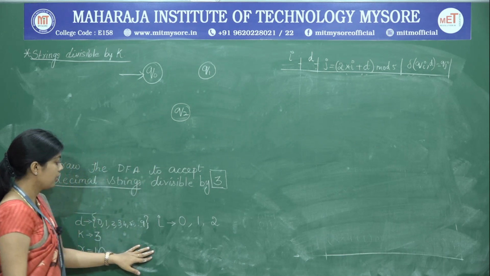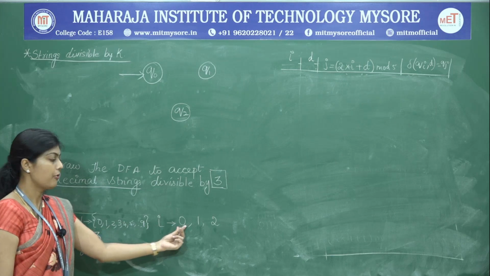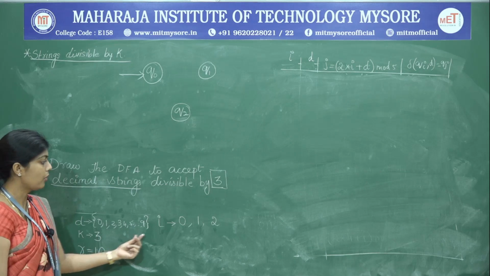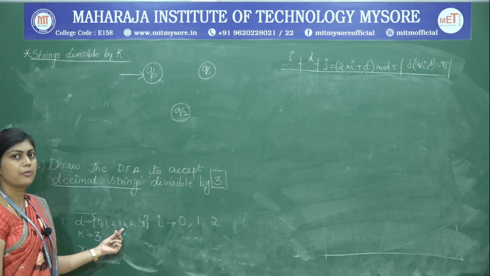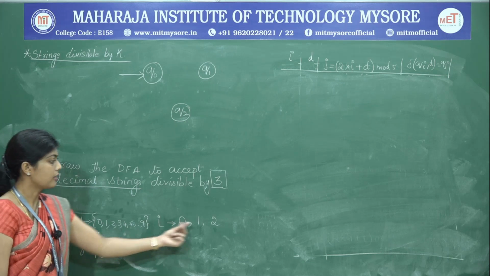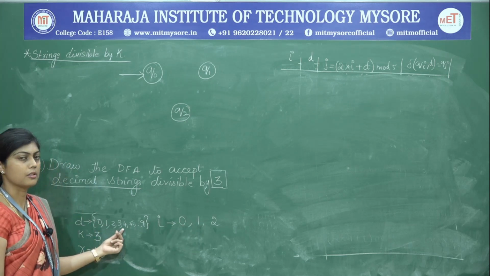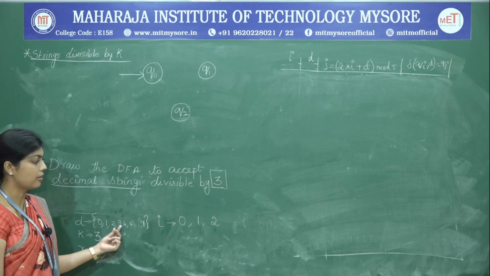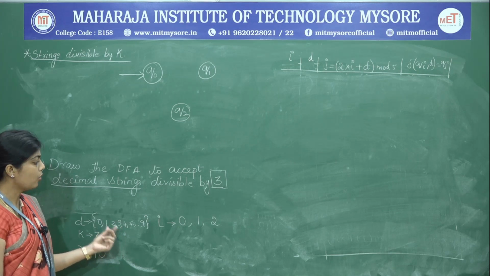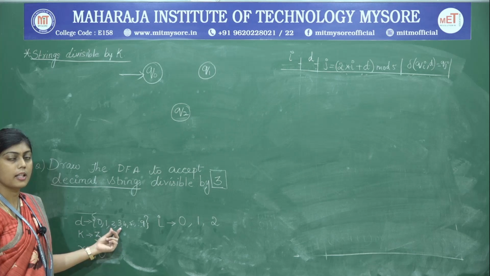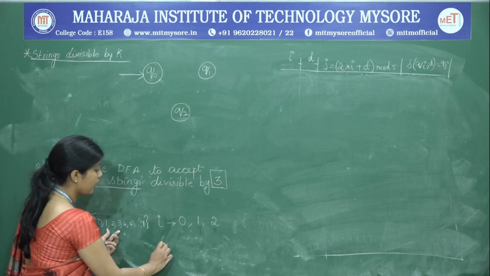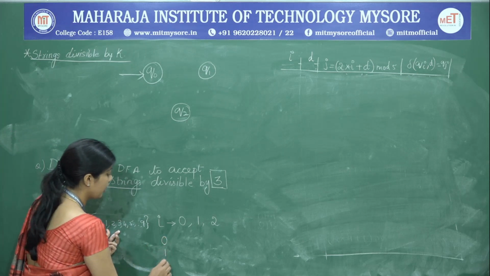So you can see here that from each state we have to find out the transitions on all the input symbols. Therefore, each state is going to have 10 different transitions, so there are going to be 30 different transitions. In order to simplify the procedure of finding the 30 transitions, we may group the numbers which give us the same remainders. So we are just going to say there are 3 classes.